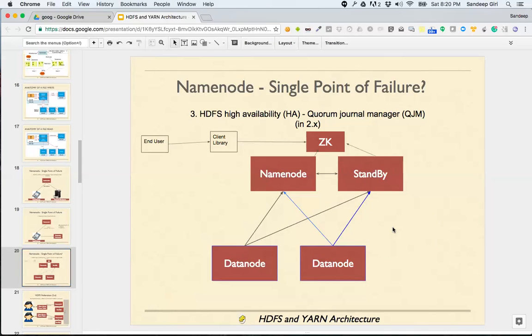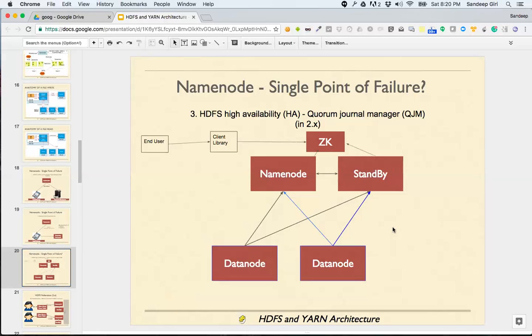Standby is just like a mirror of the name node, just that it is standby. It's like somebody waiting there for the first one to fail, but it does not respond to any requests, as in it does not serve any users.